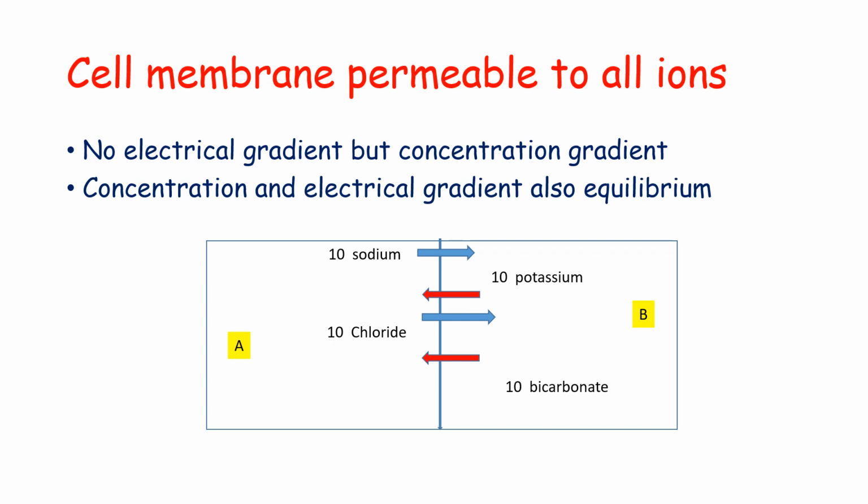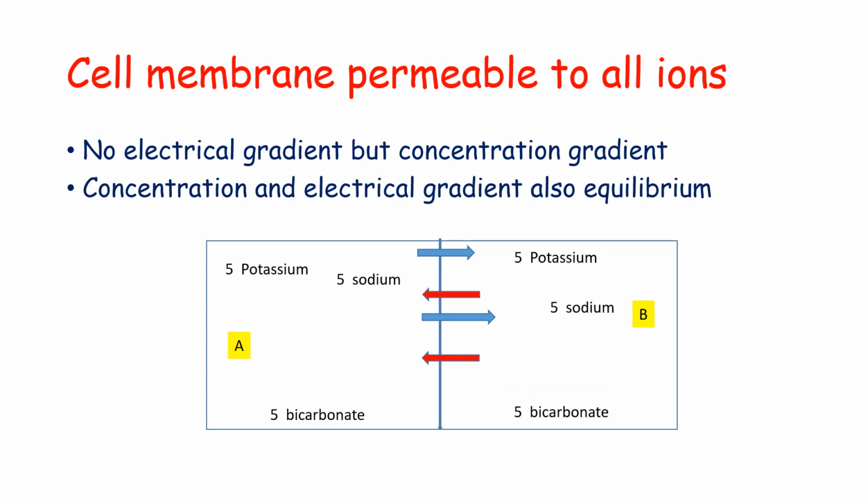The concentration and electrical gradient will be created, as a result of which these permeable ions will try to achieve a state of equilibrium by redistributing themselves in a predictable manner, as stated in the definition of the Gibbs effect. So we have these anions and cations balancing each other in chamber A and chamber B. So we are clear with this: if the cations and anions are permeable, then they redistribute themselves in a predictable manner.